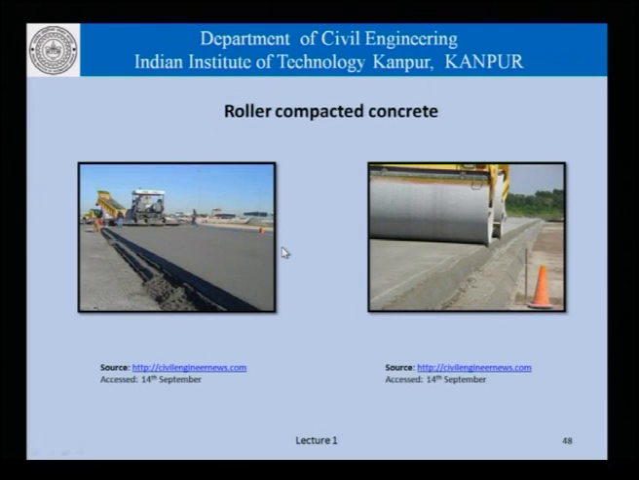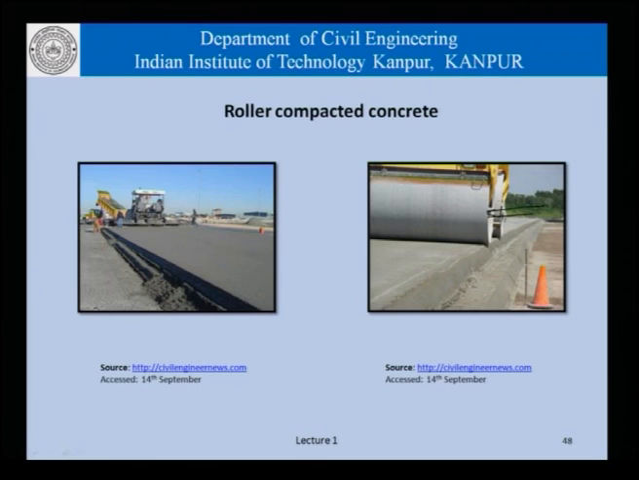Roller compacted concrete. Now, when concrete is placed in a very open space, for example in a highway, or for that matter sometimes in a dam, then concrete need not be very fluid, because there is enough space for the concrete to be placed and compacted. Reinforcement is very small, and we may use what is called the roller compacted concrete. And this roller here